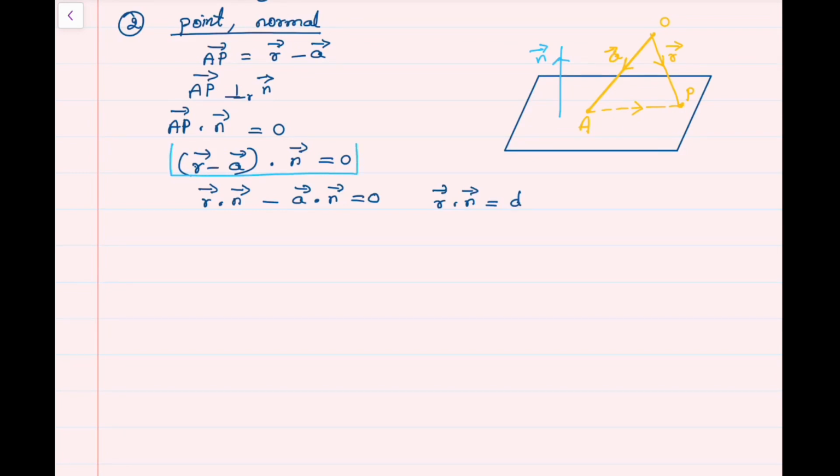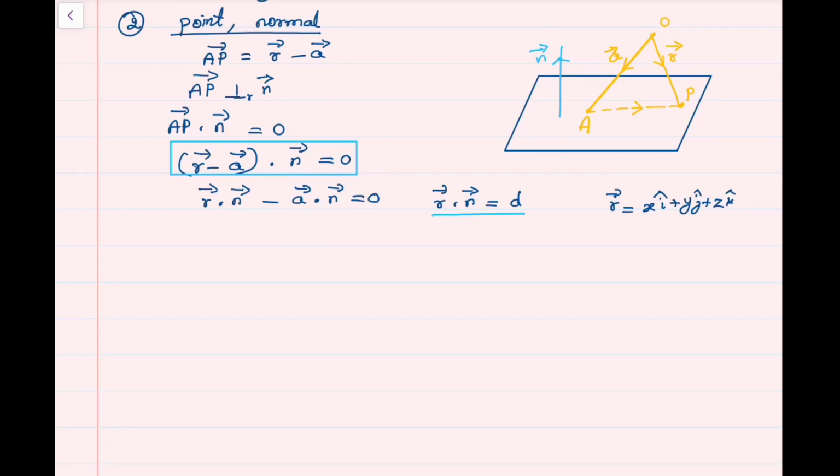This is the vector equation of a plane when you know one point and normal vector to the plane. And it can be reduced to r dot n is equal to d form. Let us write the corresponding Cartesian equation of this plane. Let vector r be xi plus yj plus zk,